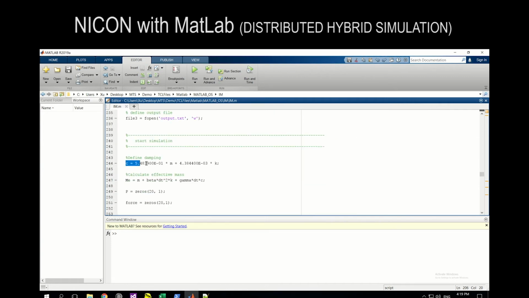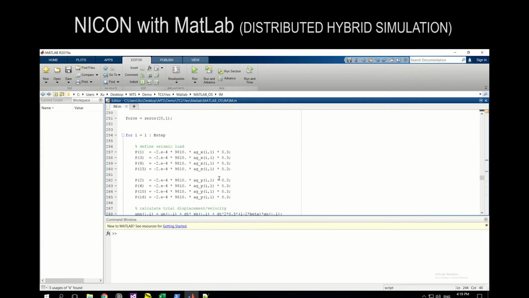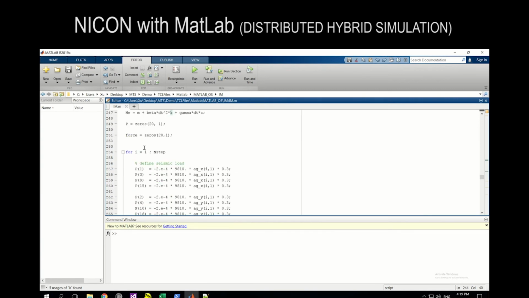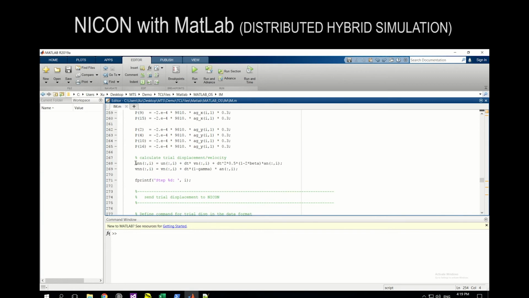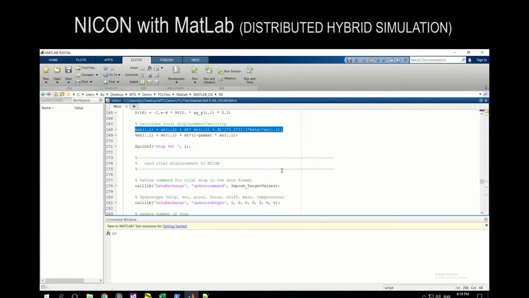Besides, I also specified the damping matrix based on the mass and the stiffness matrix that I previously defined. And then I include a for loop to go over all the analysis steps in this simulation. And in each analysis step, it involves the calculation of the trial displacement of the system, and it will be